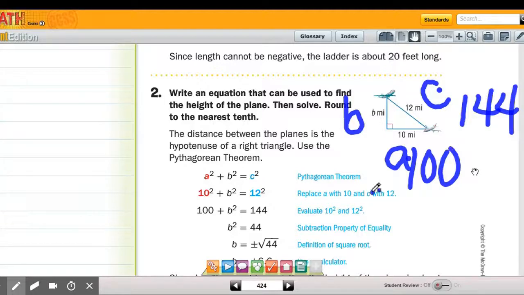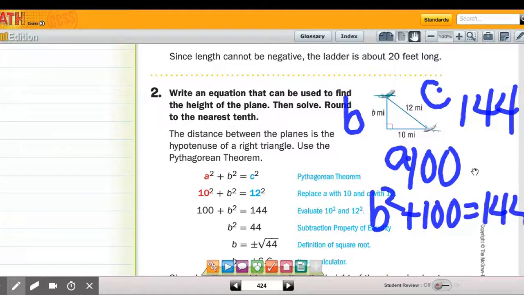So it looks like we're going to have b squared plus 100 equals 144. So in other words, I subtract 100 from each side,